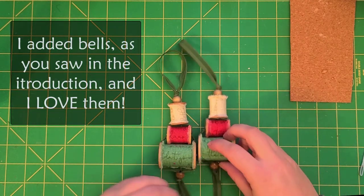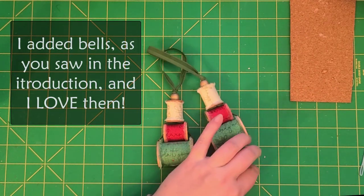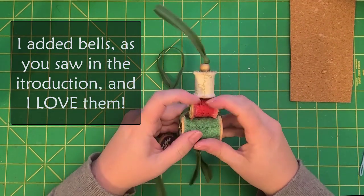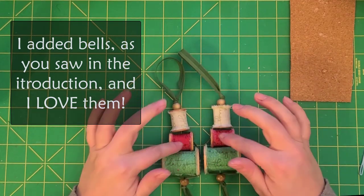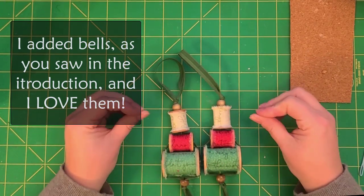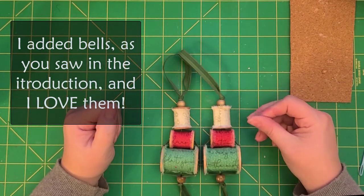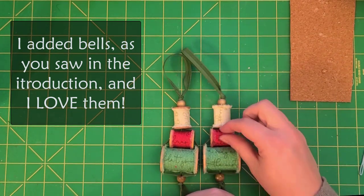I do kind of want to jazz it up a bit, and so these are my ideas. I was thinking you could add a little bow around the middle here. You could put buttons. And in fact, you could paint these white and make it into a snowman. That would be fun. You could put some bells on it, either at the top or kind of in the